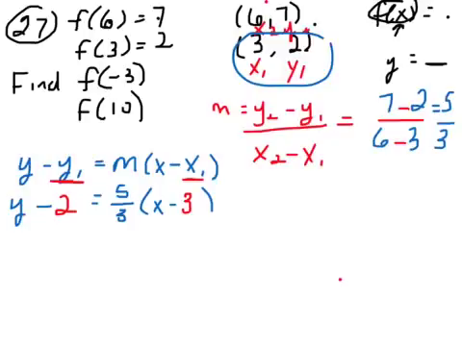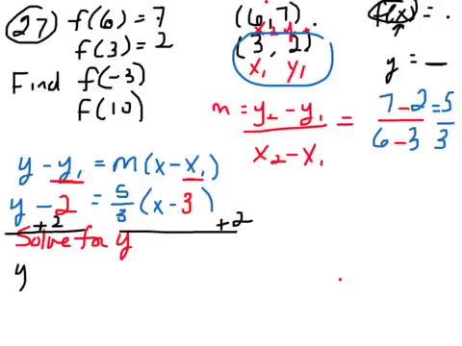So here's my equation. Now, I've got to find two values, and I don't want to have to solve everything twice. So even though this is a great equation, let me solve it for y, and that way I can plug my x in, and it'll be a lot faster to work, okay? So what I'm going to do is add 2 to both sides. Probably before I did that, I should have told you to distribute first. You can do this, there's nothing wrong with what I'm doing here, but you've got to distribute before you add 2. A lot of people would accidentally think that they could add negative 3 and 2 together, and you really can't because PEMDAS says you've got to clear up this